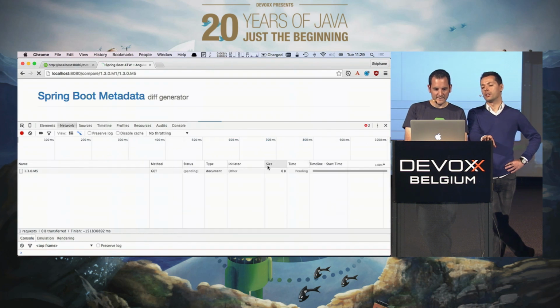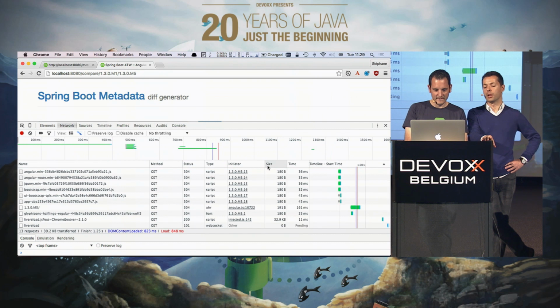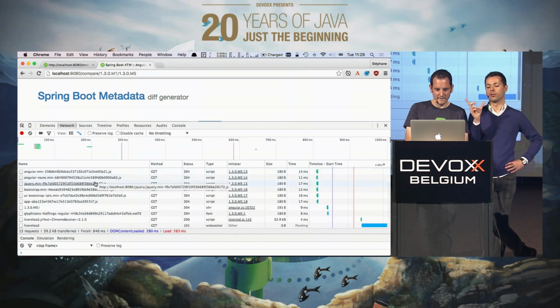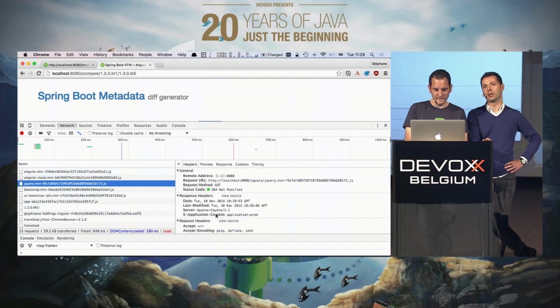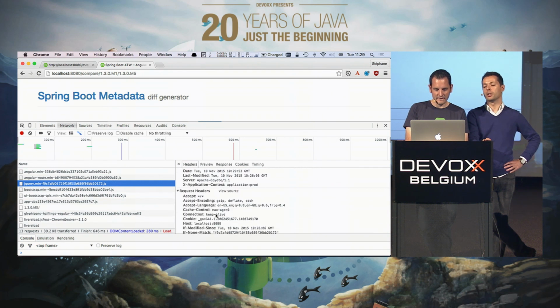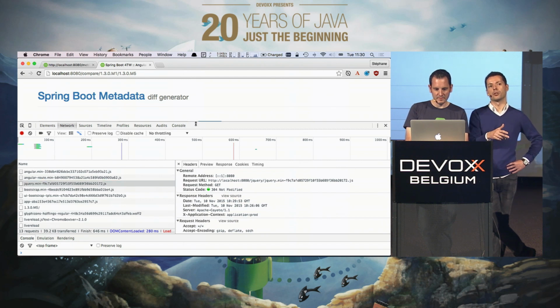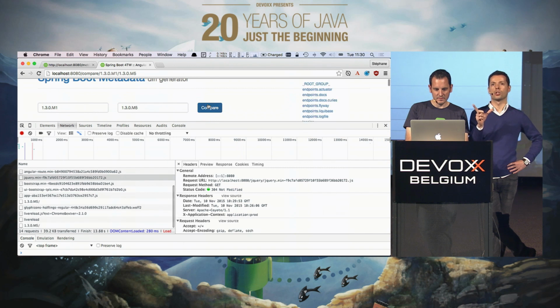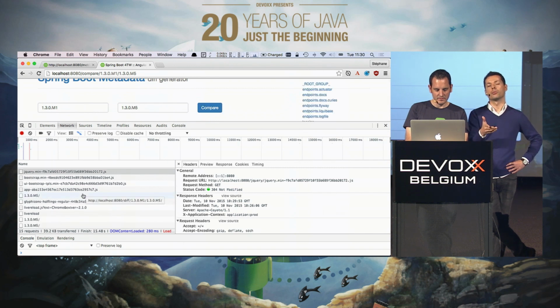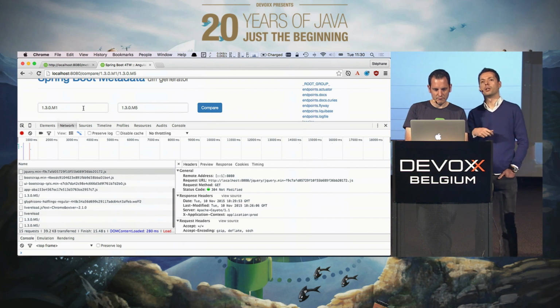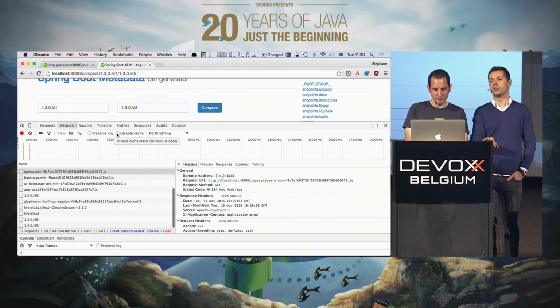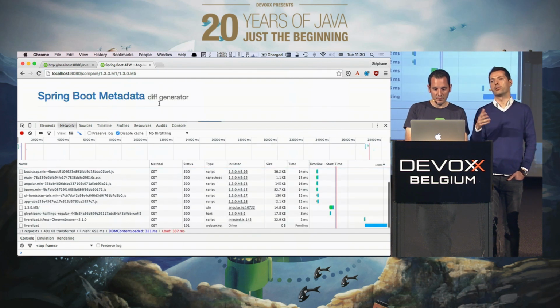So one thing I didn't explain yet is that you might wonder how those file names are changed. Actually, at runtime, the resource handling chain will look at your files, generate that MD5 hash, and whenever you're looking for a file to serve that file, it will generate that name. So in your template, if you're using a template engine like Thymeleaf or others